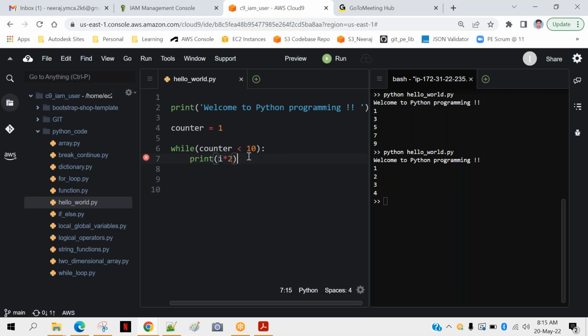I want to do this. So while the counter value is less than 10, this will keep on going. As soon as the counter value is not less than 10, then this while loop will break. Why is it giving an error? Oh, not I, my mistake. Counter.